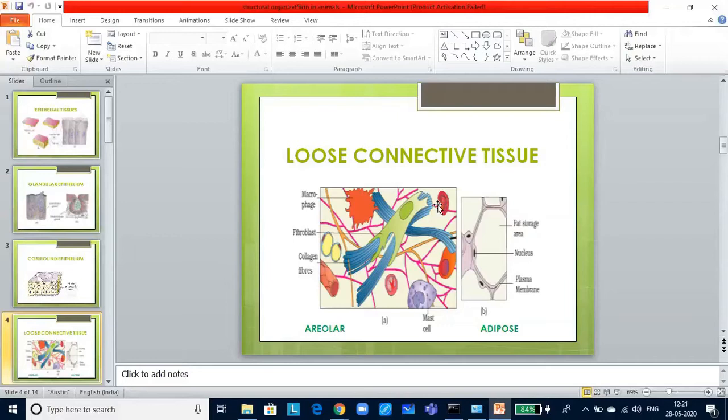Now let us look into blood. Blood is the chief fluid connecting tissue. It contains RBCs, WBCs, and platelets. It is the main circulating fluid that helps in transport of many substances. More details about the blood you will be studying in the lesson on the circulatory system, wherein you will learn more about body fluids and circulation. Now let us look at the muscle tissue.